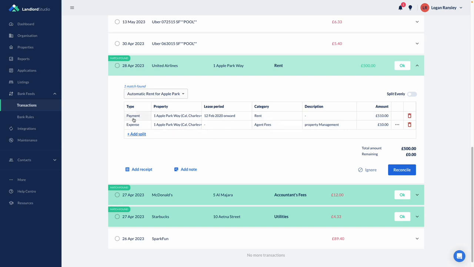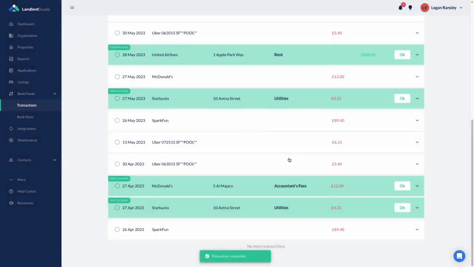This is basically saying I've received 510, I've minus 10, and the remaining is 500. And so what we're reconciling here is a £500 payment that's hit the bank account, but catering in for the expenses on the way. I can then add the sort of receipts and notes if I want to, hit reconcile,